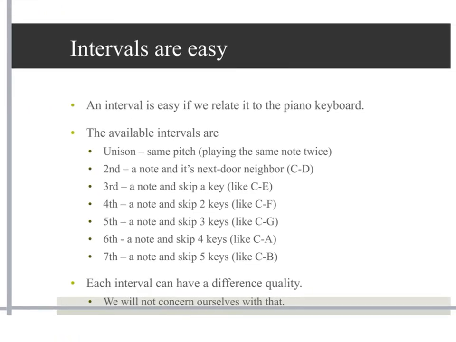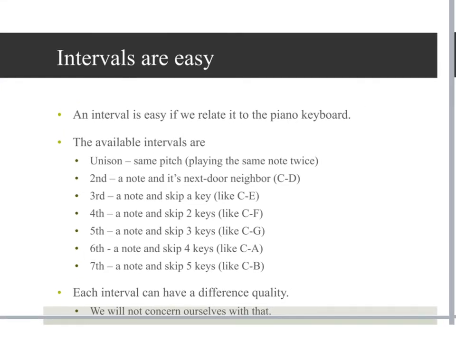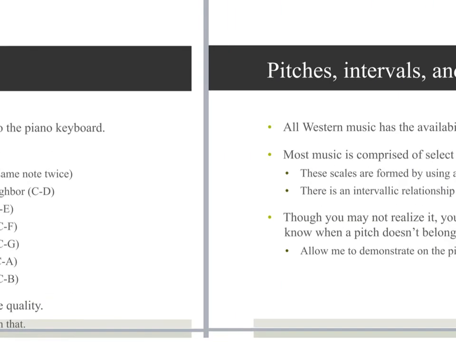So here's your handy little dandy chart here that describes what they are. And we are just going to live in the perfect world of unisons through sevenths. The octave would be the eighth, so I don't even list it on here, but that's where C to C is an octave, so it's an eighth. A to A, B to B, those would all be octave relationships. Now, each interval actually has a quality, but we're not going to get into the discussion of the quality of an interval right now because you don't need that for this class.